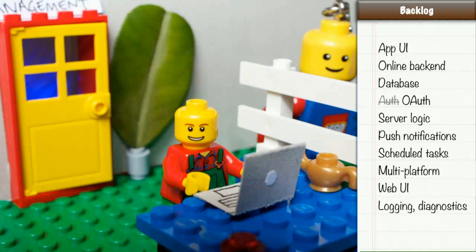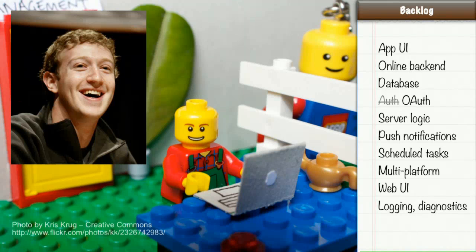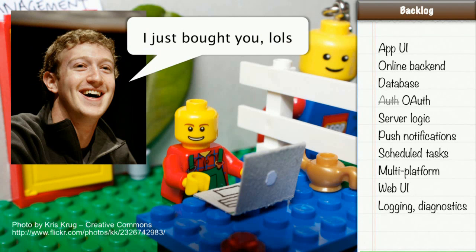But then there's a visitor. There's a knock on the door. Who's this? Anyone recognize this cheeky guy? Mr. Zuckerberg there from Facebook? What's he come here to say? Oh, right. Well, that's kind of good news, but it's also kind of bad news, because now we've got 500 million new users to deal with. So you're going to have to review your architecture and check that it really scales.